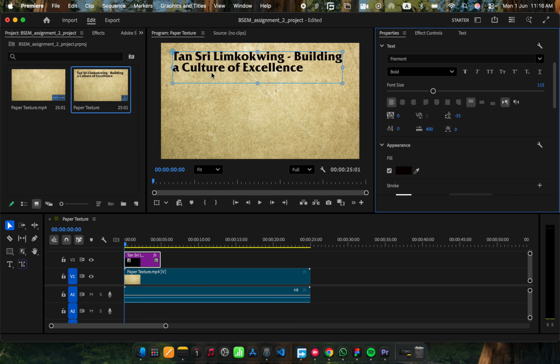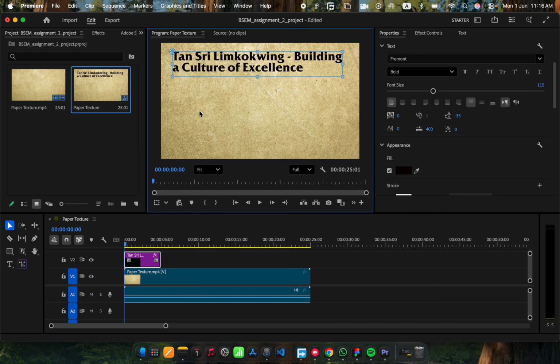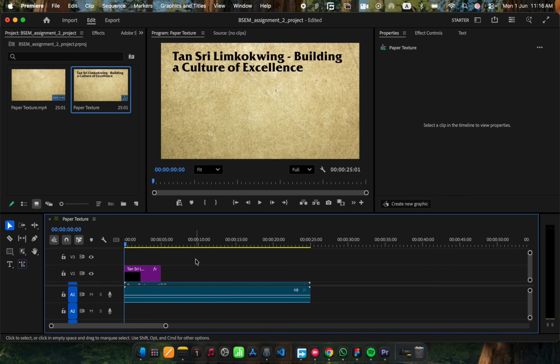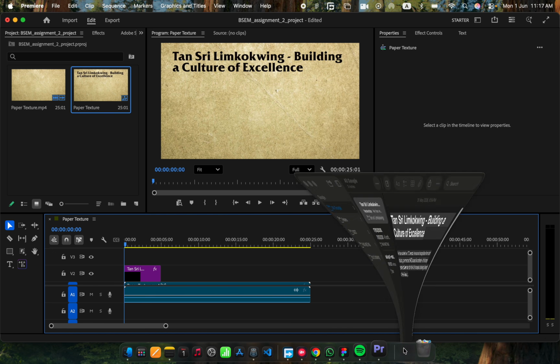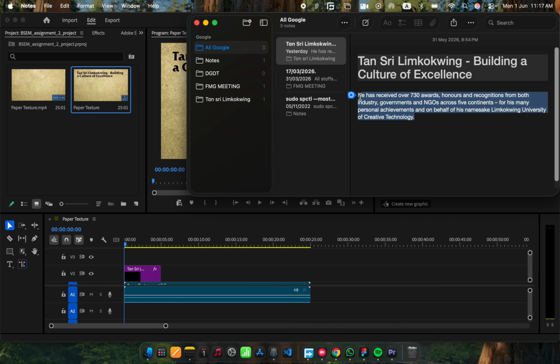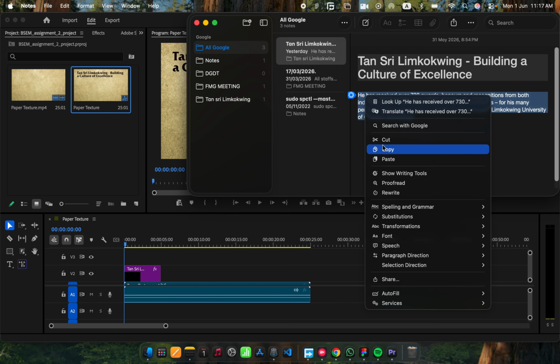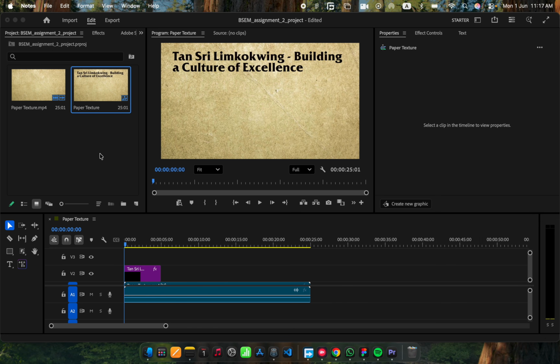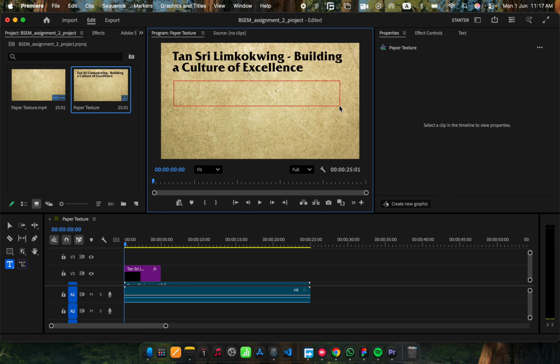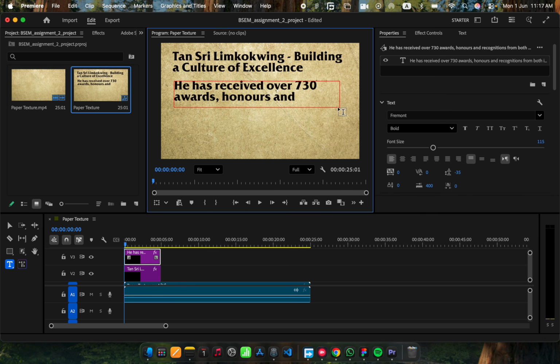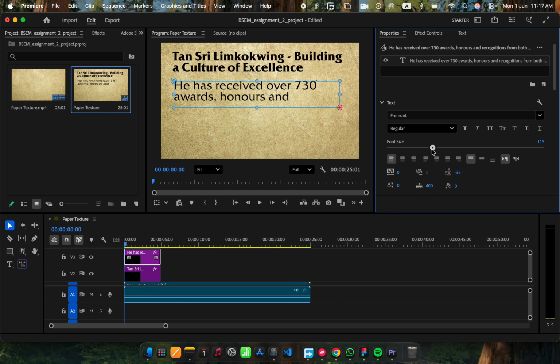So from there, we want to add our next text, right? Let's add our next text, which is the subheading. So now we do the same by coming back to our notes. We want this text, highlight and copy. Then come to the text tool and click and drag this, Ctrl V. So this is what we want, but we want to reduce the size and also the font. So let's reduce first the size, and let's change the font to